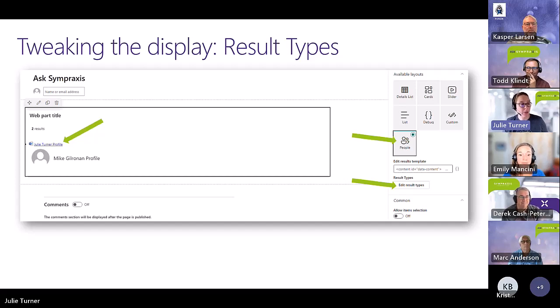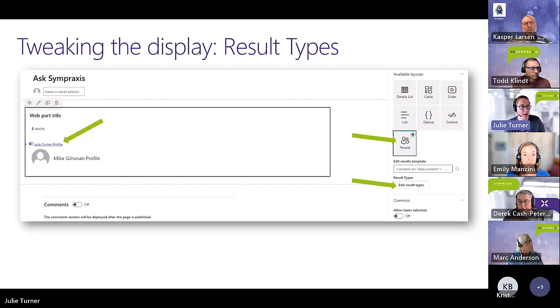You're right. So I'm going to take that one step further and talk about another thing that you can do, which is called result types. The result type is sort of like the column, right? The column can be formatted like Derek was just talking about, saying, hey, this piece of property, you can change the format of that little thing. A result type lets you actually write some mapping